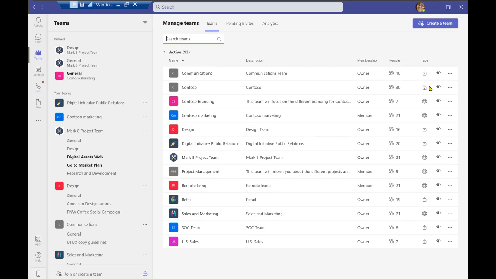Now, if it is an organizational team, you'll have this building icon right over here, and all the information that's shared within your organization, if it was made with everybody in your organization, that information will be shared throughout these teams and channels over here.